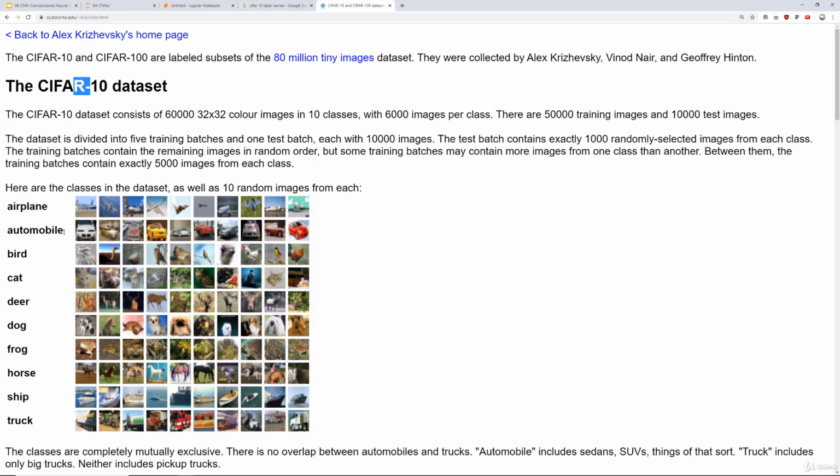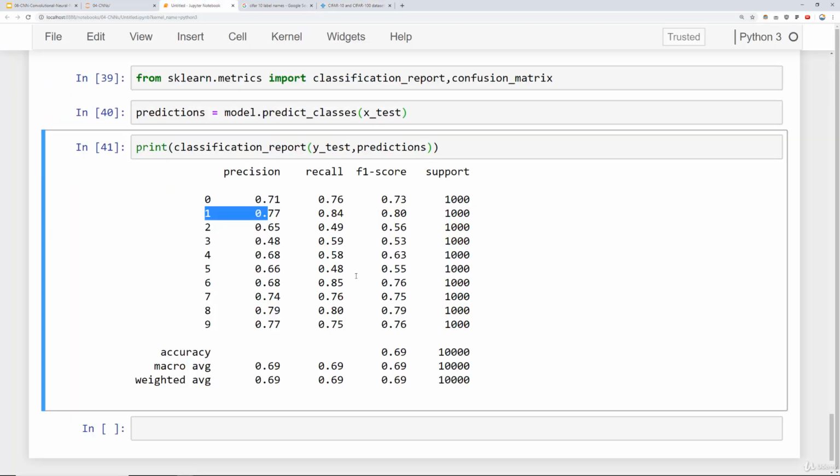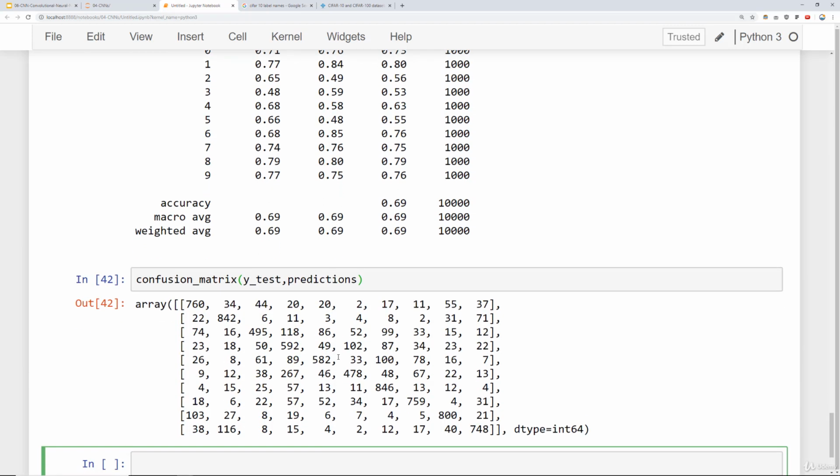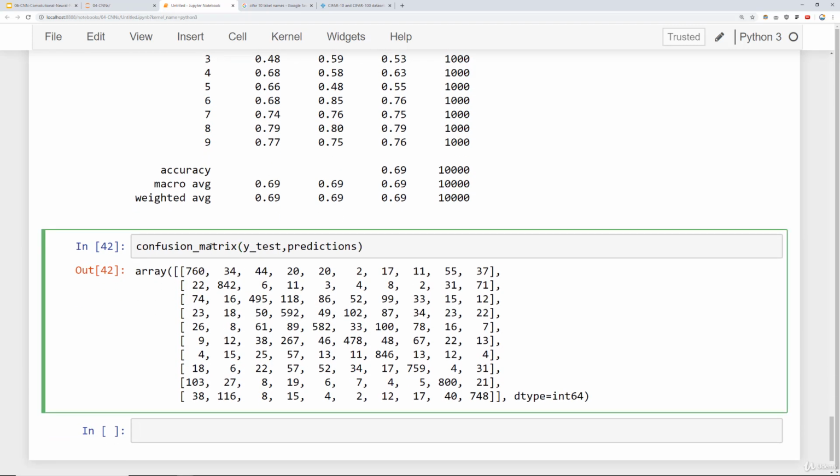So the fact that it can perform automobiles so well, given that there's already a truck category, which is quite similar to automobiles, is pretty impressive. So we'll come back here. The other thing we can do, as before, is kind of view the actual predictions themselves. How many got right, what it's actually misclassifying things as. And as always, you can say